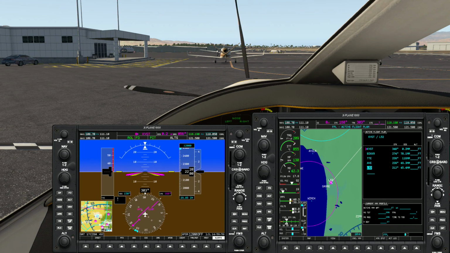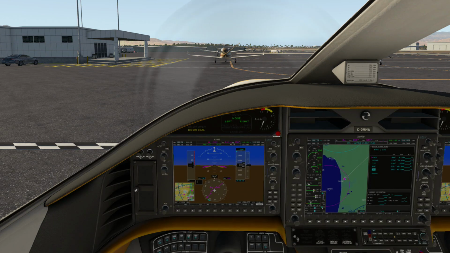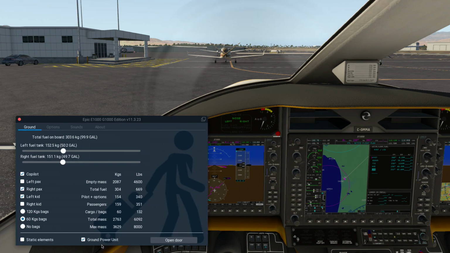At this point we're just monitoring the engine. There's nothing else that we want to be doing at this point other than monitoring those gauges as the engine's spooling up. It's a really lovely sound actually on this aircraft. Okay, looks like we've got a good start, and what we can do now is get rid of the ground power unit,